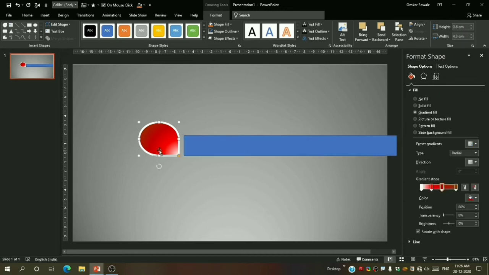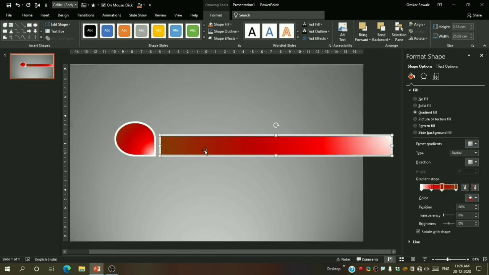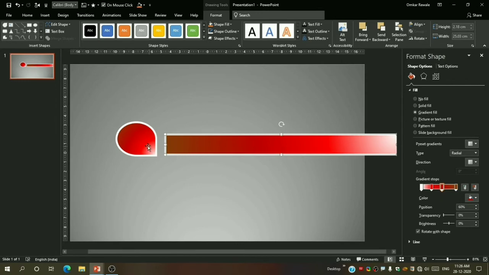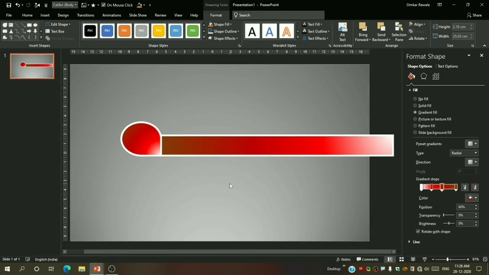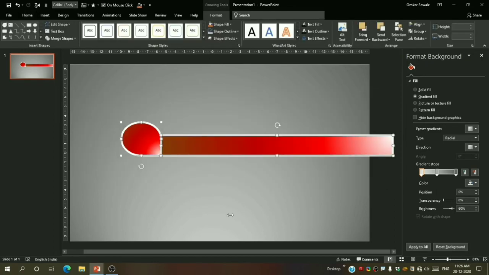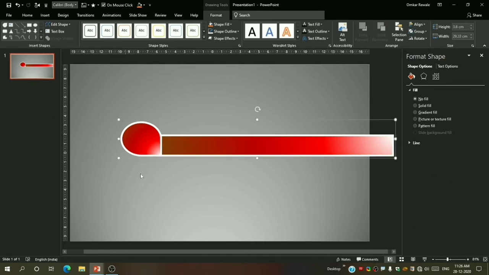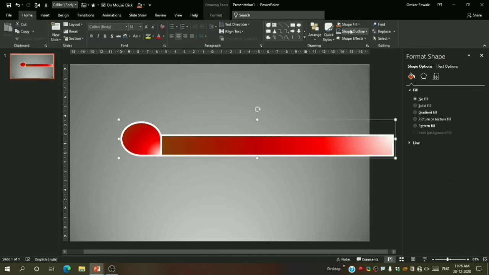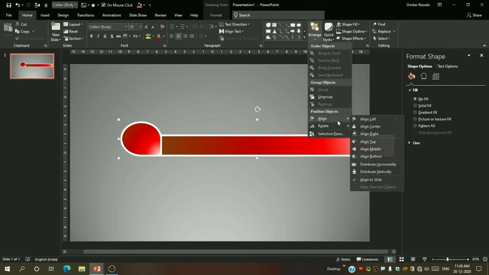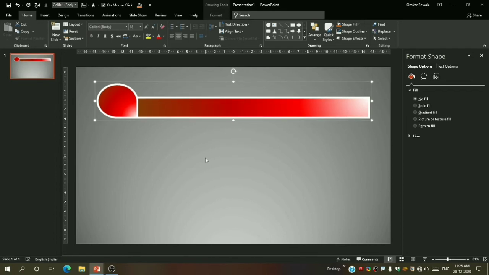So what I have done, I have pressed Control plus Shift plus C, and now I will select this and press Control plus Shift plus V. This shortcut is to copy the formatting value. This shortcut will be most useful for you also. Please note this shortcut if you don't know it. Now we will group them by pressing Ctrl plus G. Go to Home tab, Arrange. Now we will align it in the center. Okay. Let us take it upward.